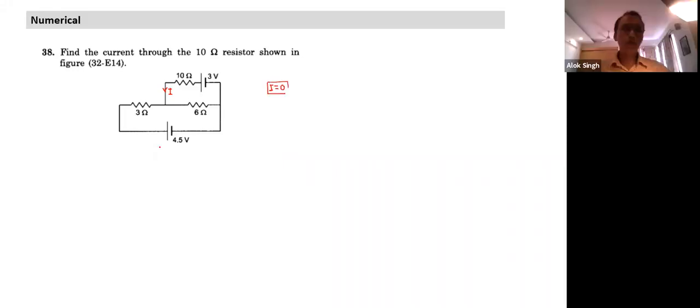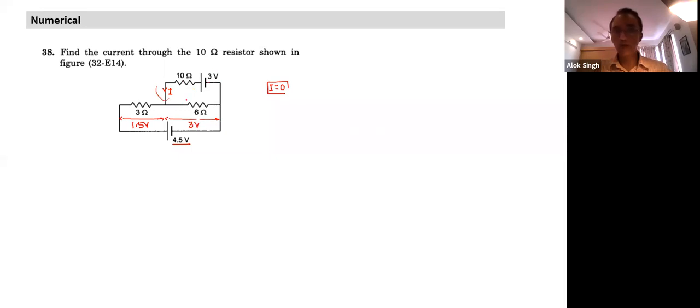Yes. So when I look at this circuit, suppose this was not connected, what I notice here is that this potential difference is 4.5 volts. It will get distributed across the 3 ohm and 6 ohm. Good, some of you are noticing that. So this will have 1.5 volts potential difference, and this will have 3 volts potential difference. So if I connect a battery which has an EMF of 3 volts, there will not be any current flowing through the battery.